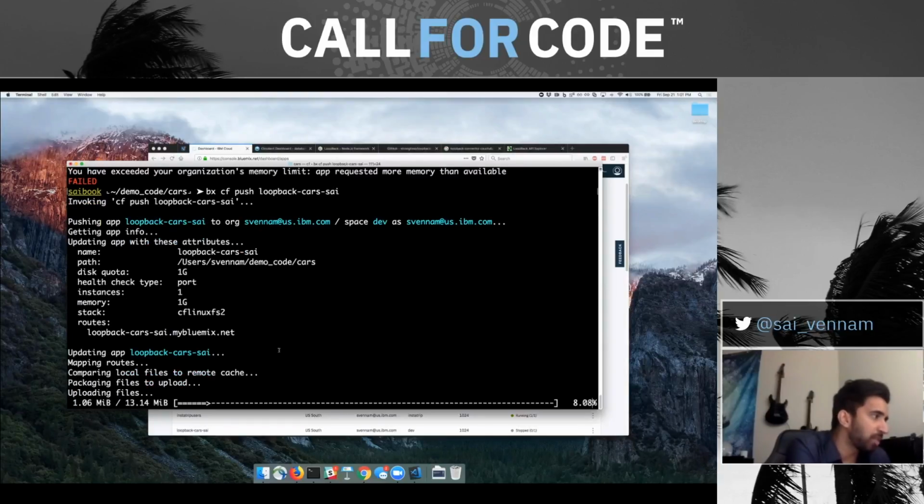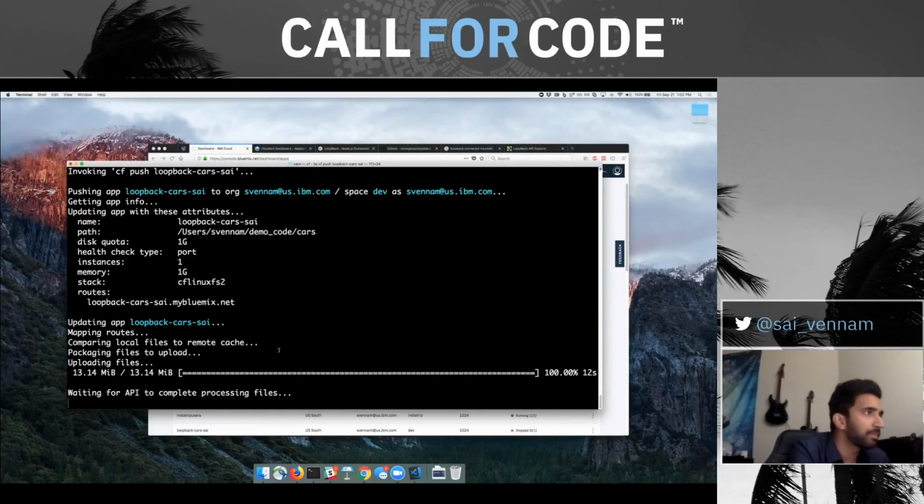So let me quickly talk about what happens when you actually push code. When the code gets output, there's a few things that it has to do, right? So one thing it'll do is actually,